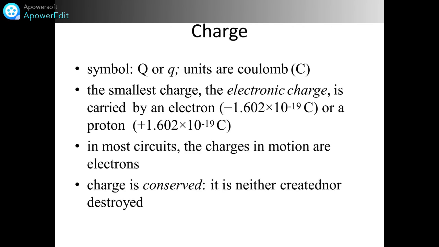Charge is conserved, meaning like energy is conserved, energy will neither be destroyed nor be created. Likewise, charge can neither be created nor be destroyed. So let us discuss the basic definitions of basic electrical engineering, in which the first definition